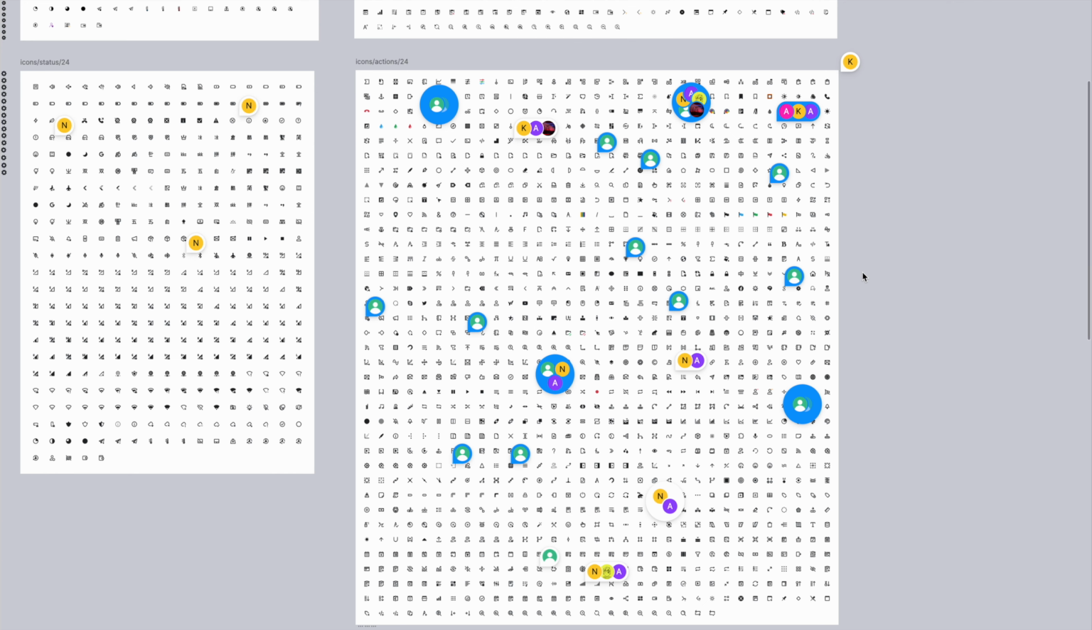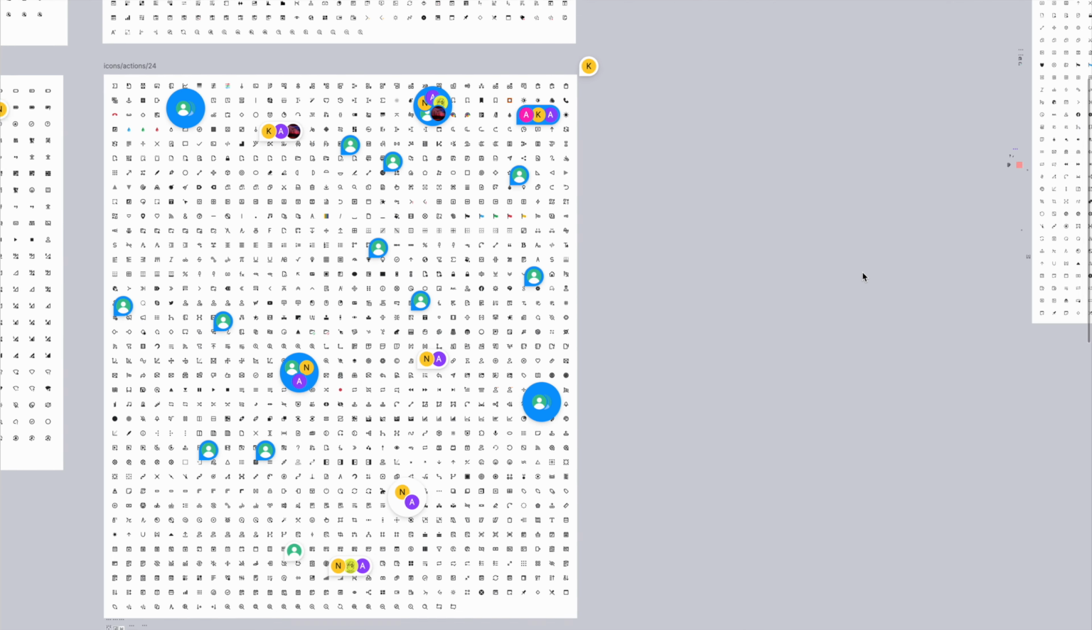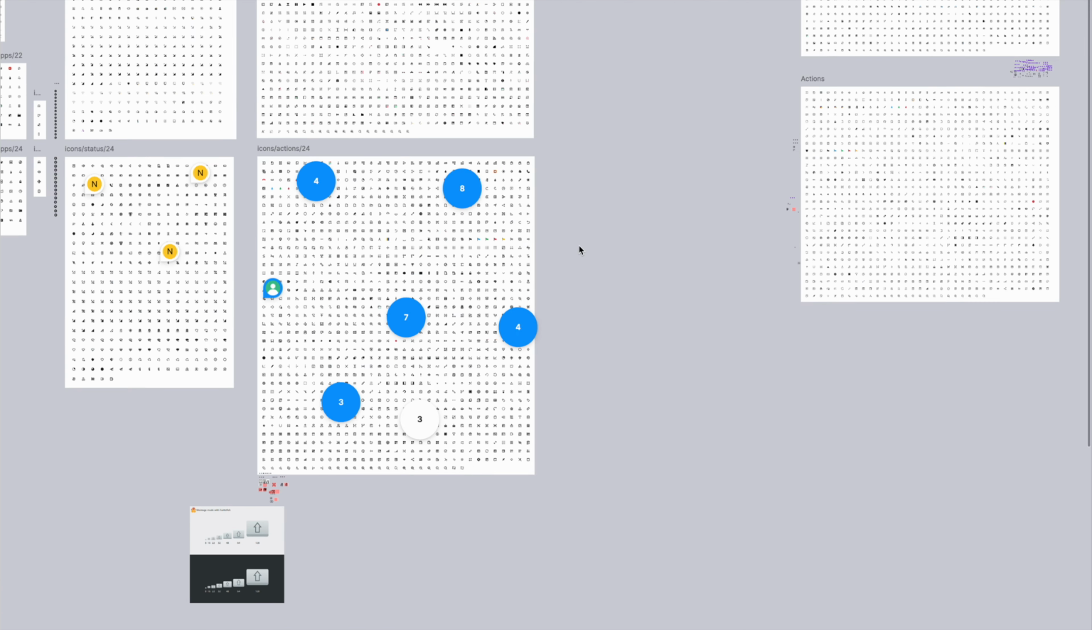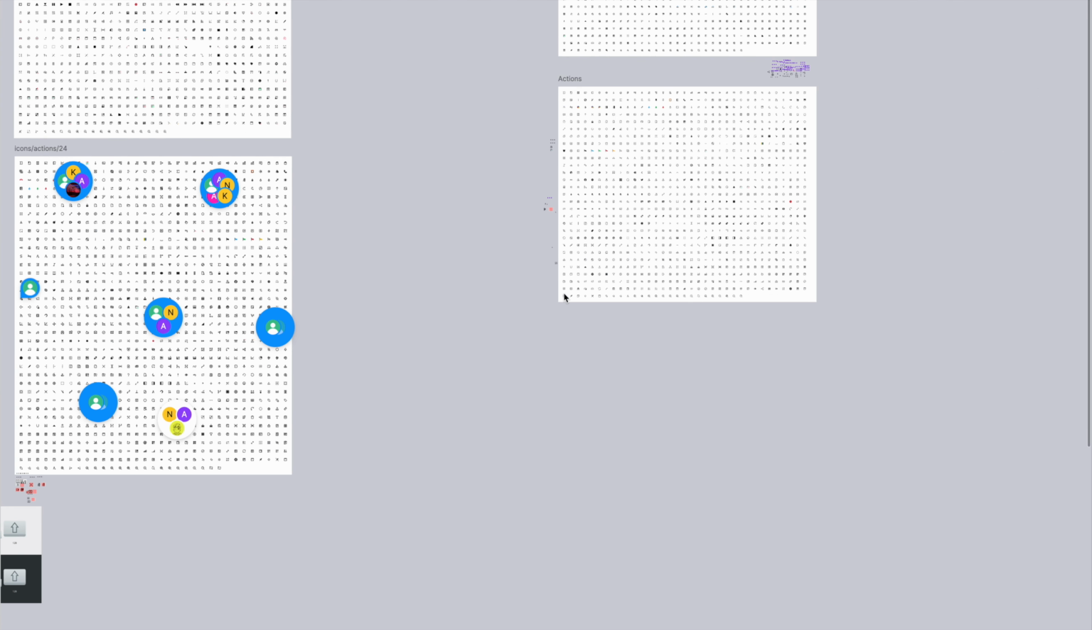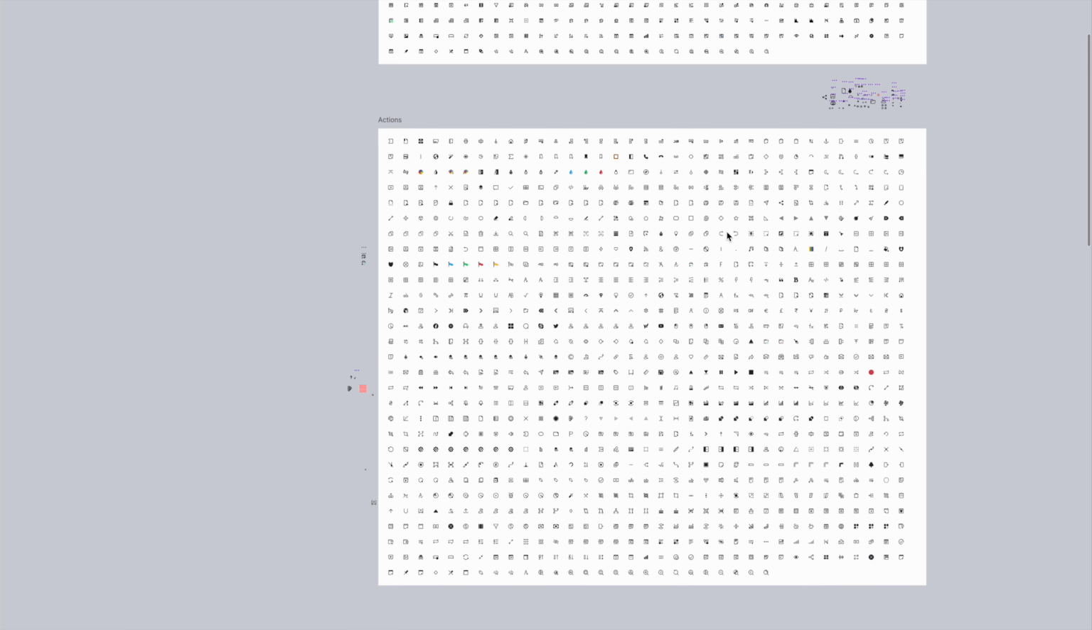And the same goes for 16. If you notice, when you compare the amount of icons that we have in 24 versus 16, it's a little bit less. That means there are more 24 pixel icons than there are 16, so there is not a one-to-one comparison between them. And that may or may not be a problem,